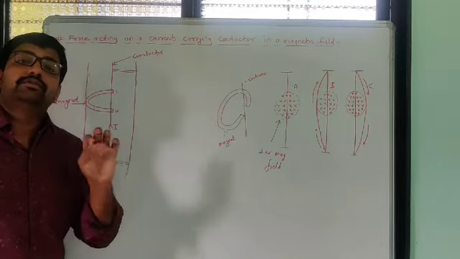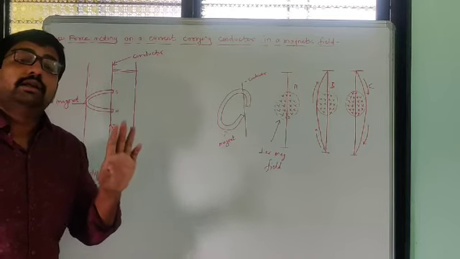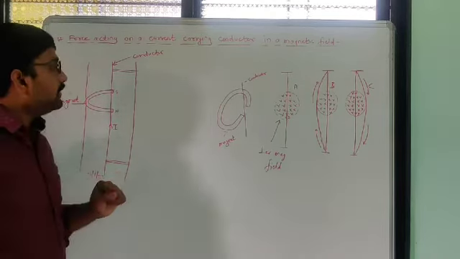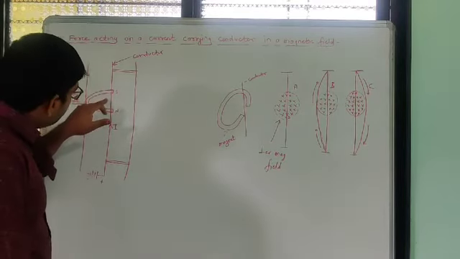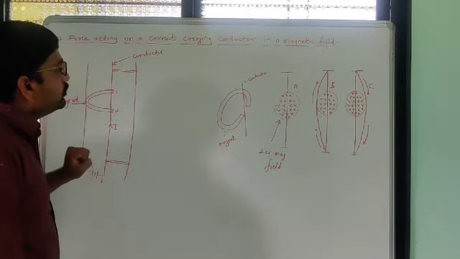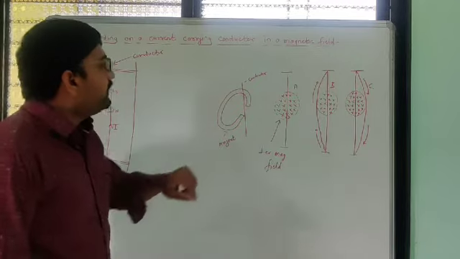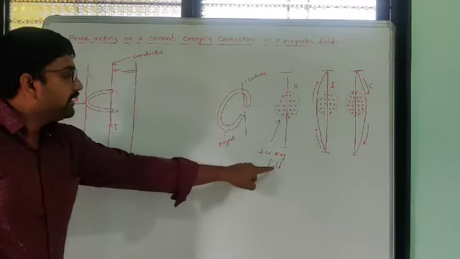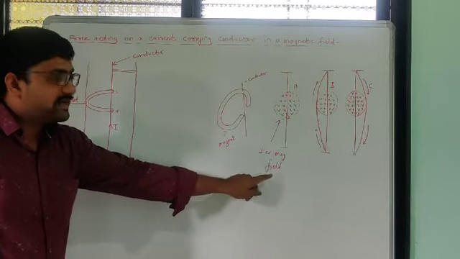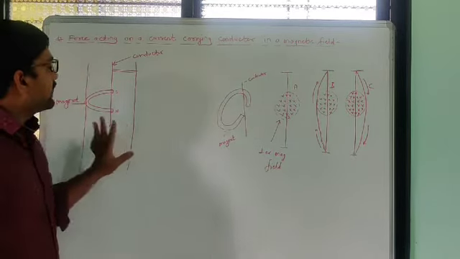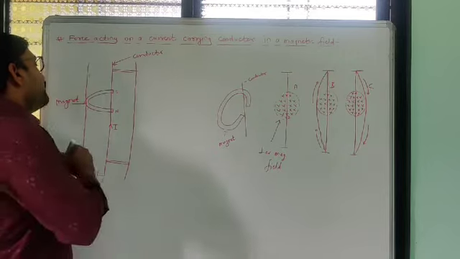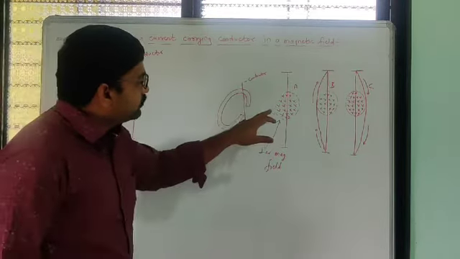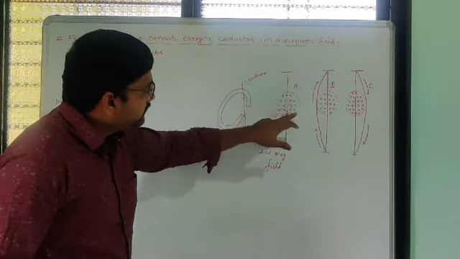Okay, that force, we have to find out in which direction it is acting. Now here we place the electric conductor, so the magnetic field acting on this conductor is in a perpendicular direction. Okay, which direction? Perpendicular direction. Whatever the magnetic field acting on that conductor, we show it in this way.